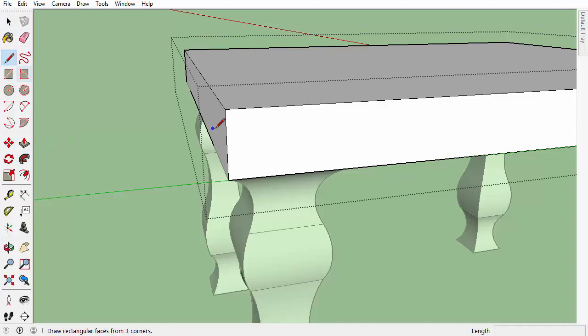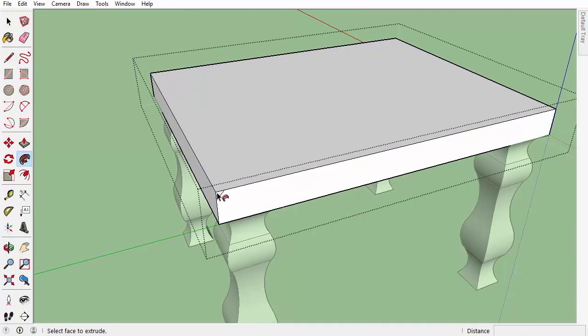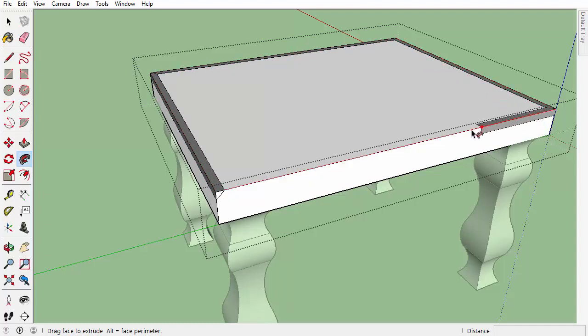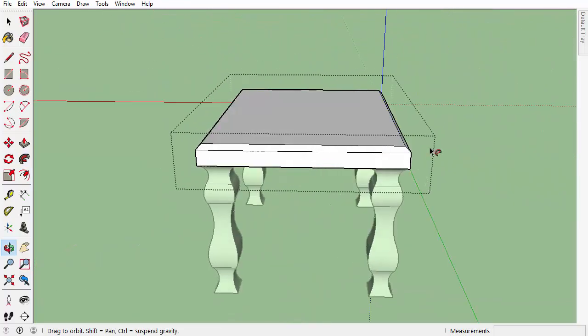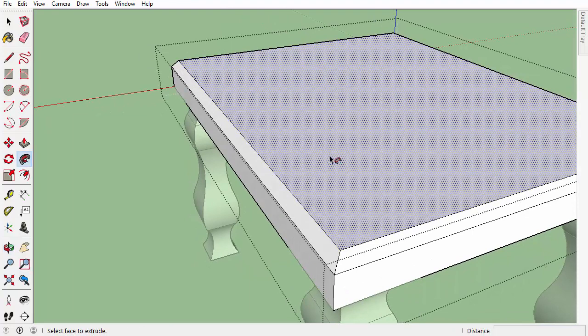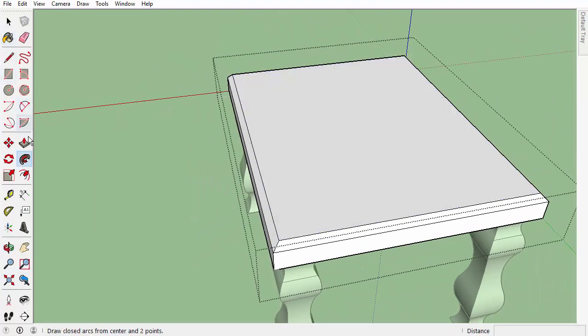Now I will get the Line tool and draw this. Alright, and now I will get the Follow Me tool and apply this effect for all sides. So make sure you meet with the point where you started. Okay, now we applied that effect. It's perfect. And I would like to get also the Offset tool,